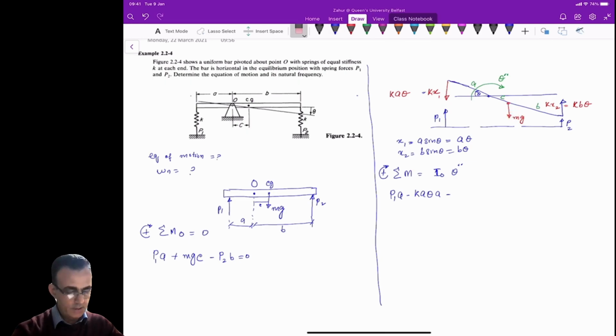It will be positive, so plus mg, because it's in the direction of the torque here, times c here,